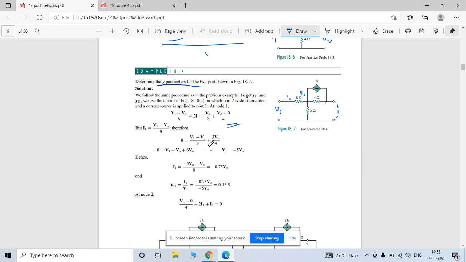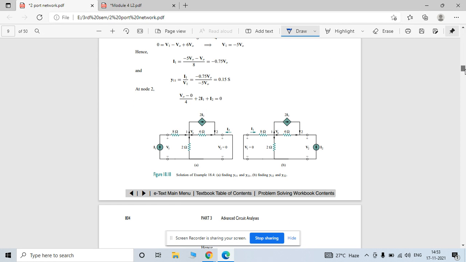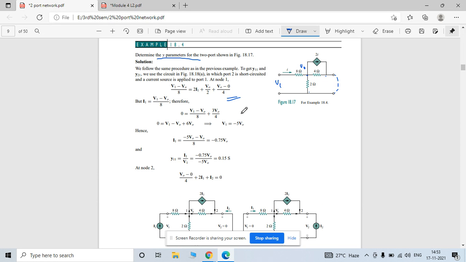So the other one is, now see, try to solve this, which is nothing but V naught by 2, V naught by 4, right? So when you solve this, you will get 3 V naught by 4, and this 2 I naught,